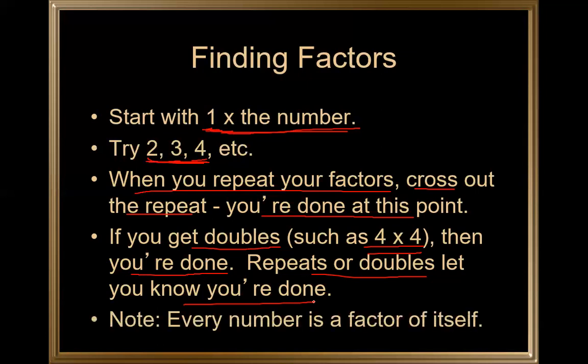Okay. Now you have to note one thing. Every number is a factor of itself, like every number is a multiple of the number itself, right? In the same way, every number is a factor of the number itself, because when you take any number and divide by 1, it will give you the same result. In the factor case we will always divide, and in multiples we always multiply.